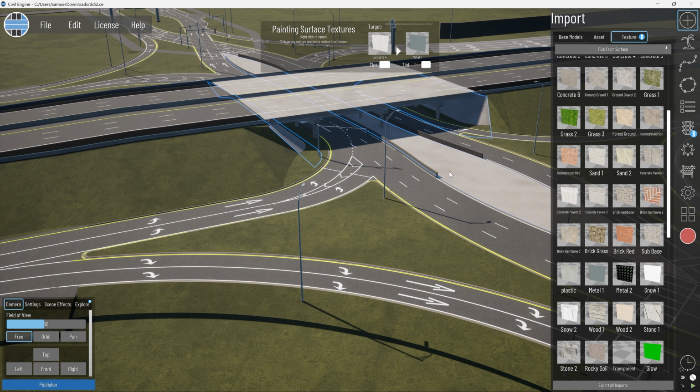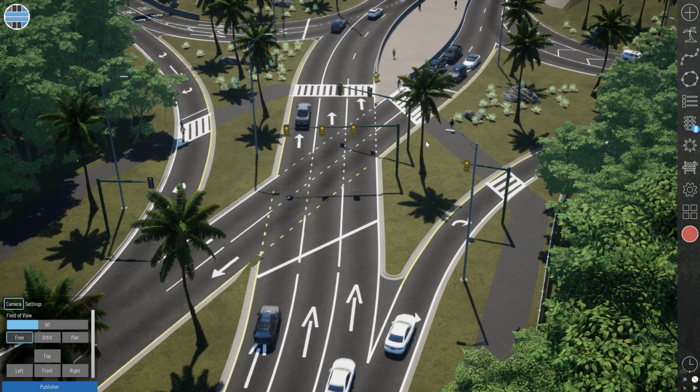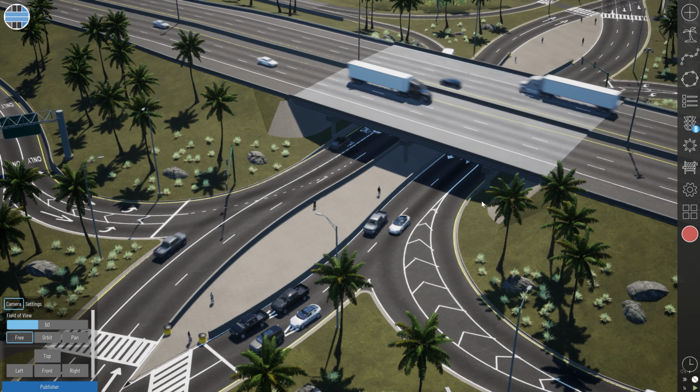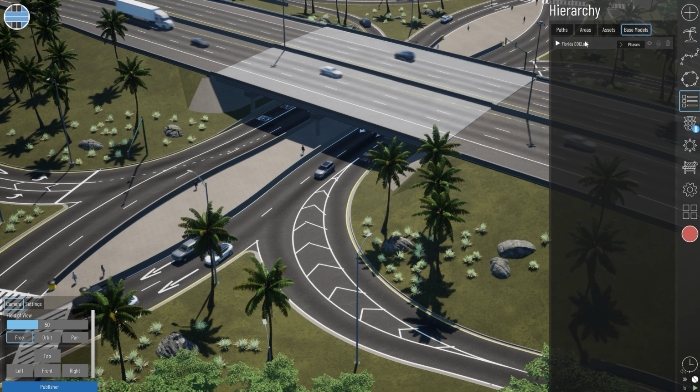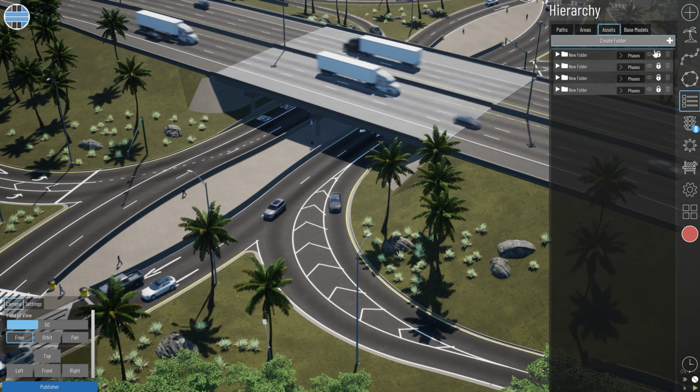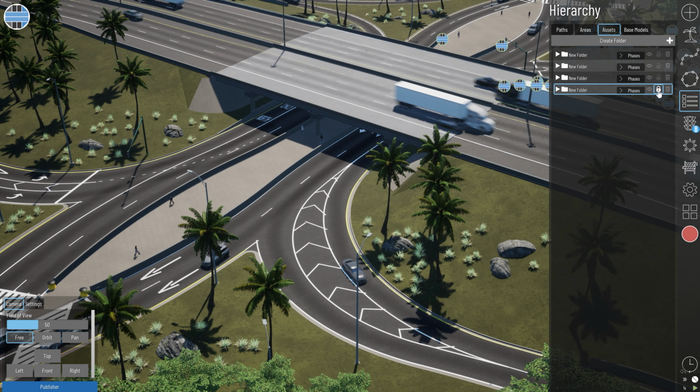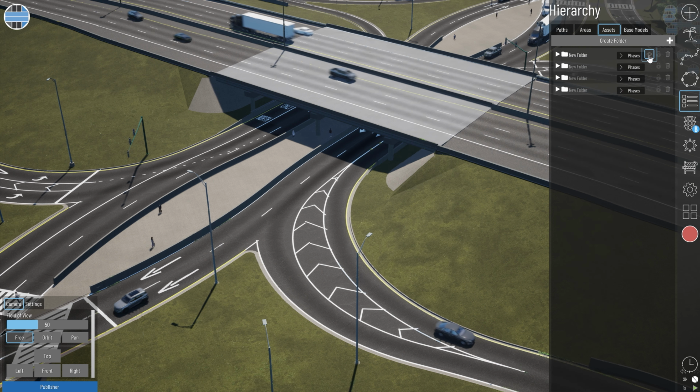All right, and when you're done, you just want to right click. That's going to take you out of the paint mode. All right, so this is that example project using that same base model that I was showing in SketchUp. And we can turn off all of the placed assets just to give a reference of how that base model